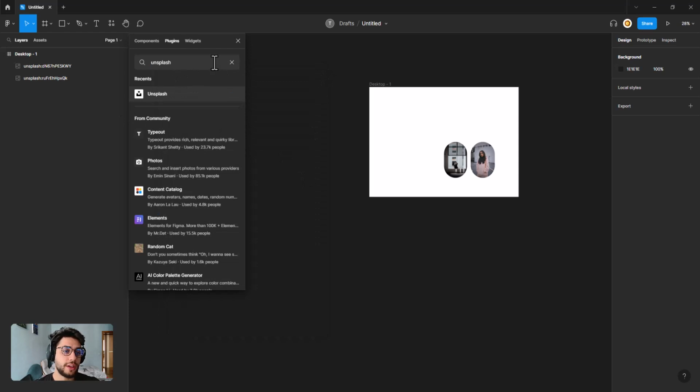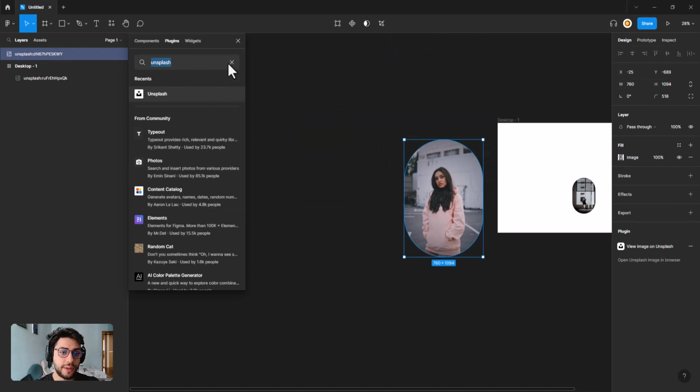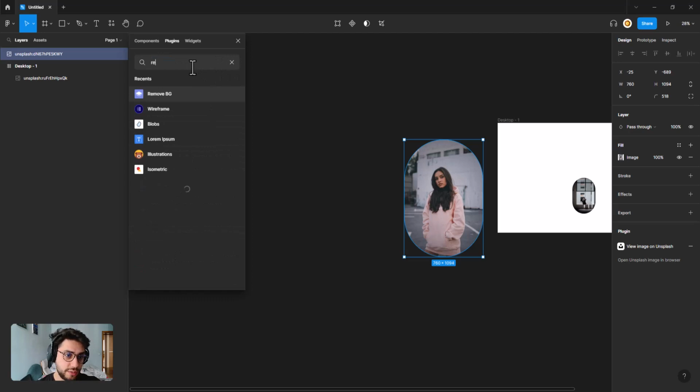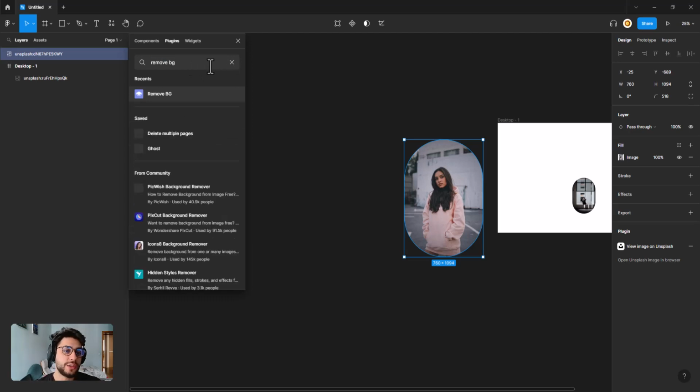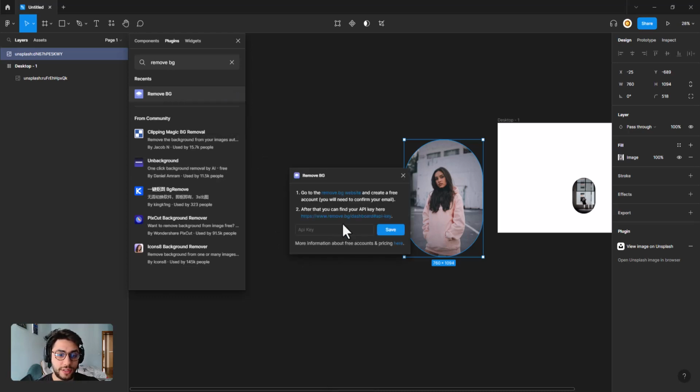Okay, so let's go to plugin 2. So we have this image here, correct? But let's say I want to remove the background. So a really cool, awesome plugin is Remove.bg. And this Remove.bg is an amazing plugin. You go ahead and run it. And then what it does, it needs an API. So you need to add the API first. But basically what it does is